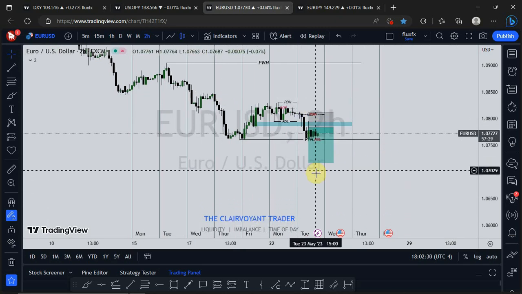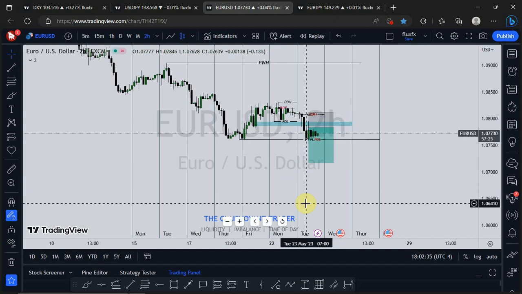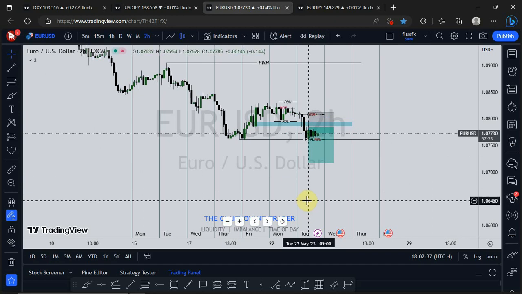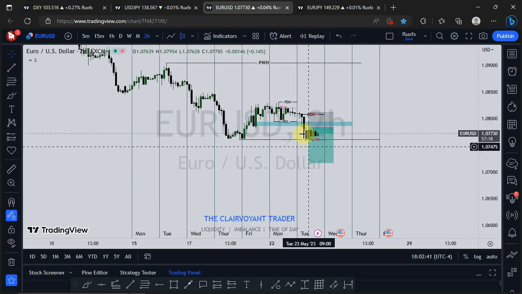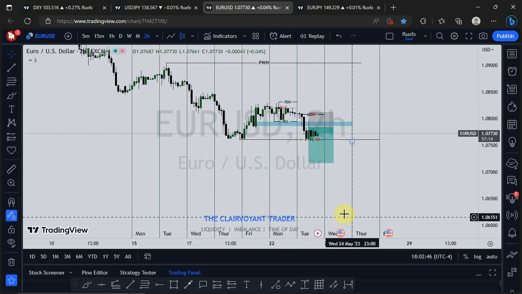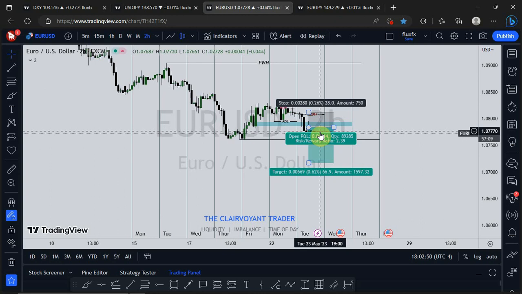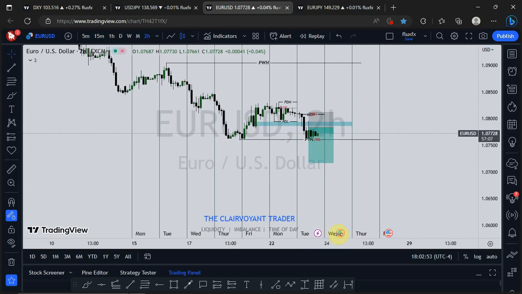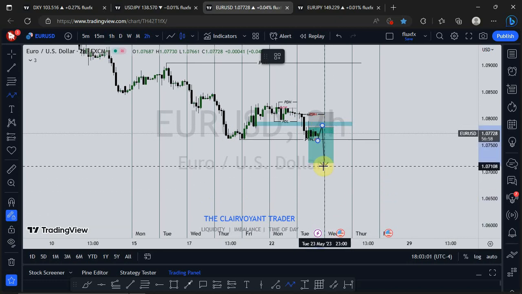We haven't seen any signal of price changing at the moment. So I'm still bearish, and I will still be looking for bearish prices. I see this as an accumulation phase, accumulation for a continuation to the downside. So going into the next day, we might likely see price push a little bit to the upside, something like this, then we see a drop. We might even extend, I might even extend my take profit.